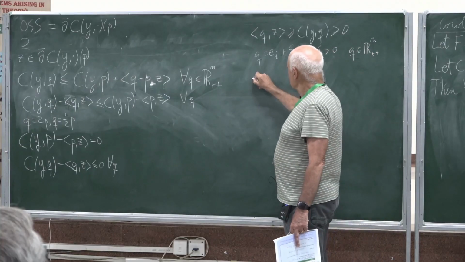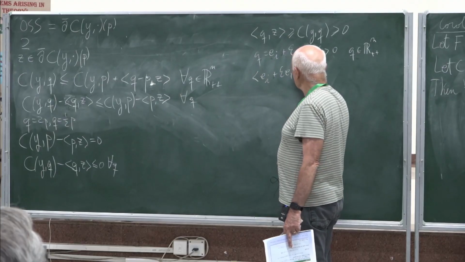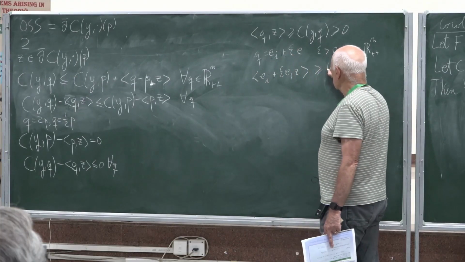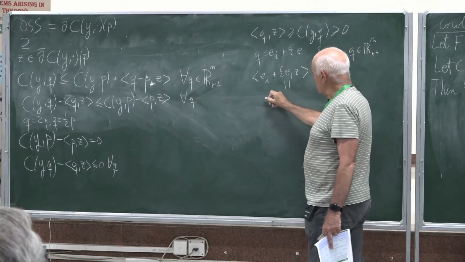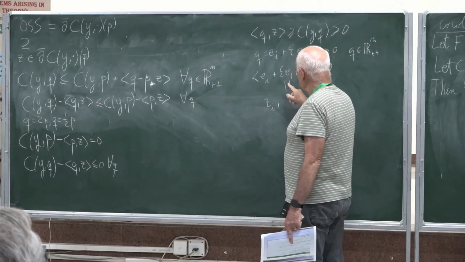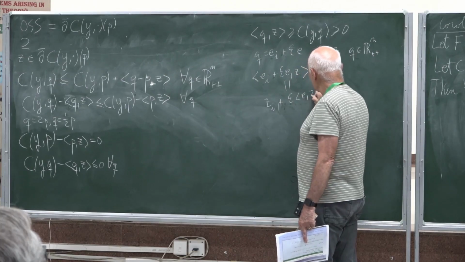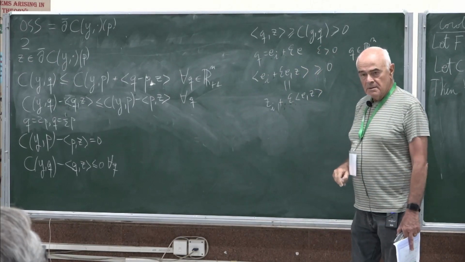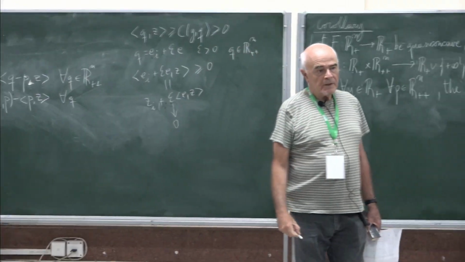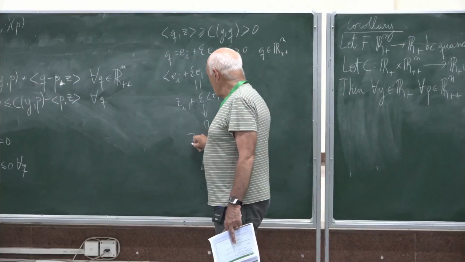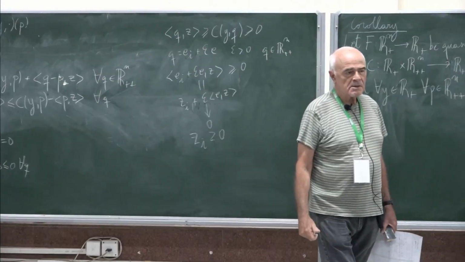So this means (e_i plus epsilon e)·z is greater than or equal to 0, but this is e_i·z, which is the ith component of z, plus epsilon e·z. And then let epsilon go to 0, and you get that z_i is greater than or equal to 0. This is a very classical argument, which in fact,